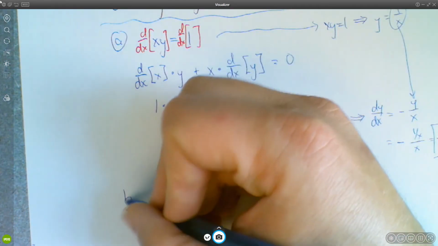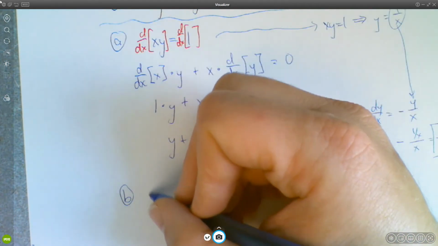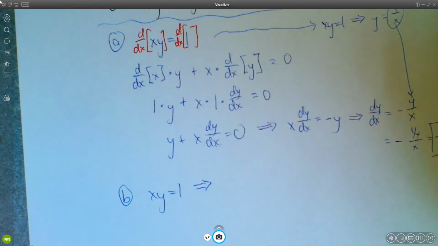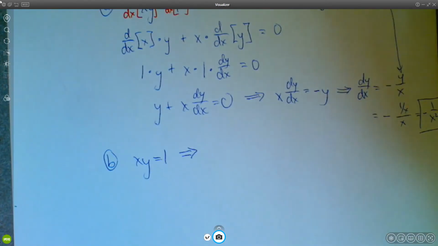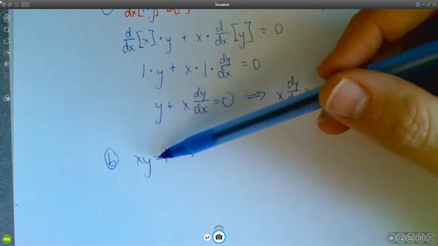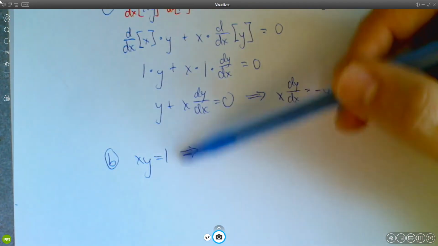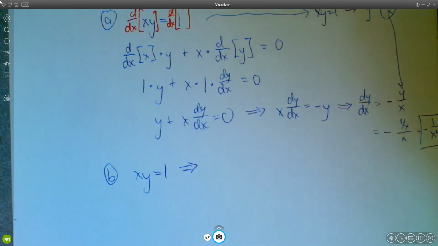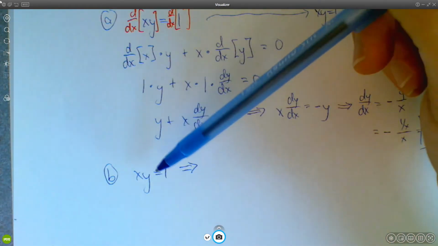The other way to do it is to just solve for y first, right? So xy equals 1 implies... By the way, this is something that I see a lot on your quizzes. You seem to not know the difference between an equal sign and an implies sign. So let's just take a moment to appreciate the difference for those of you who are going to watch this video. Because the other thing that I've noticed is that a lot of you don't watch these videos. So I might be preaching to the choir here, but